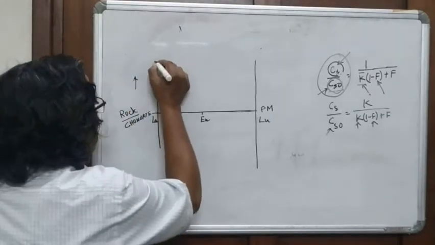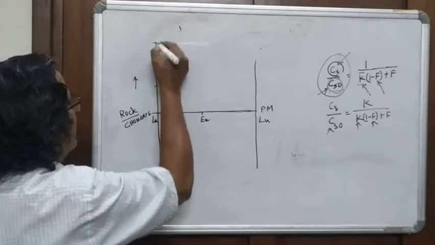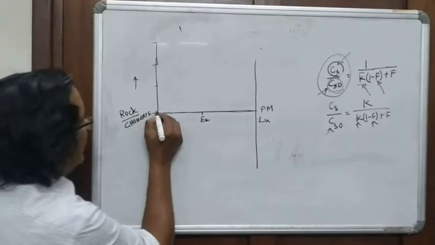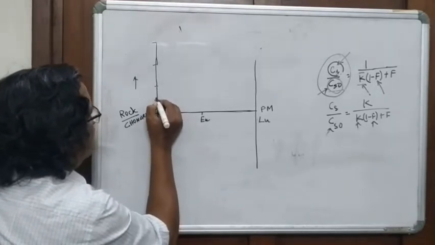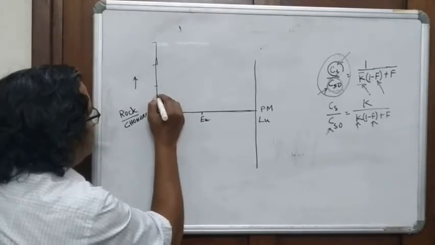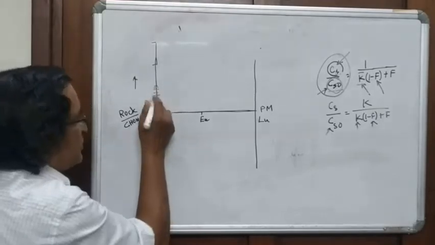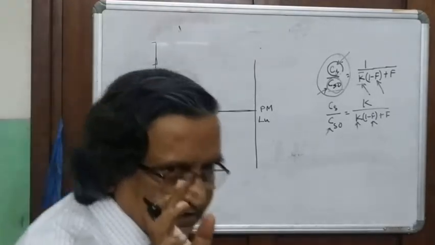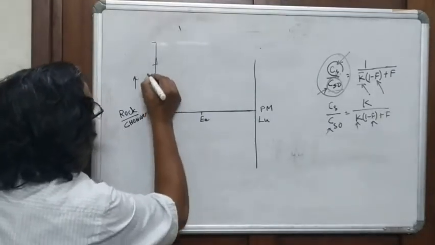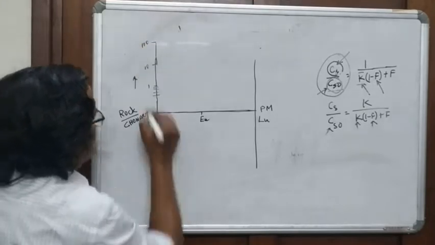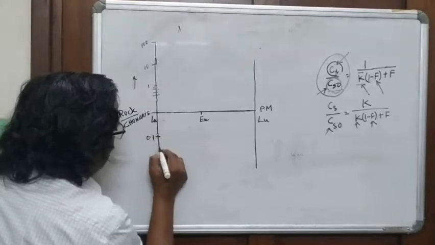Rock by chondrite increases this way. So the values normally are 10, 100, 1000 is already very high. And these are in log scales. So 100 is here, 200, 300, 400, 500, it becomes smaller. So remember, these are all log scales. And here you will have lower values. Say this is 1, this is 10, this is 100. So this will be 0.1,